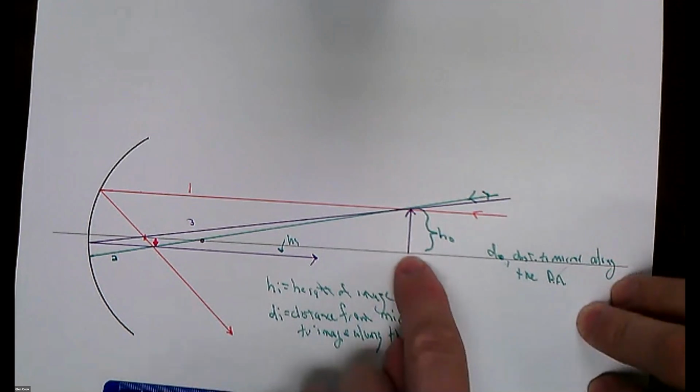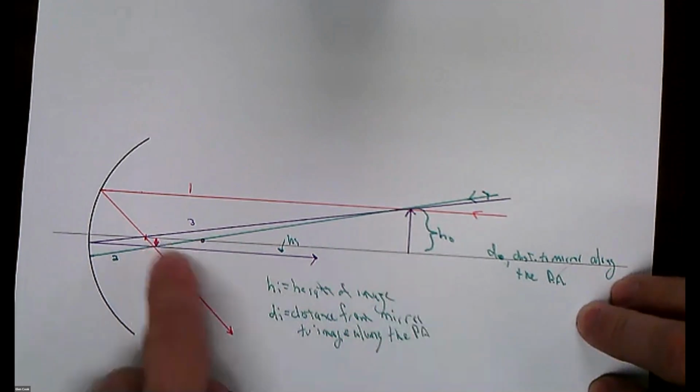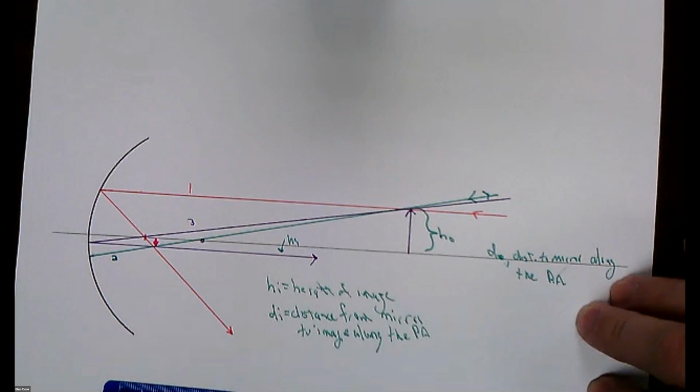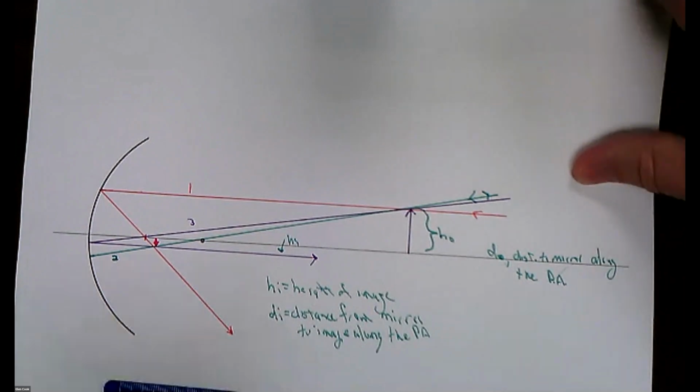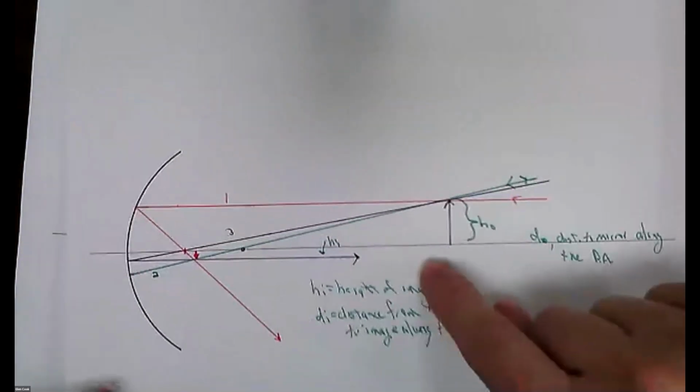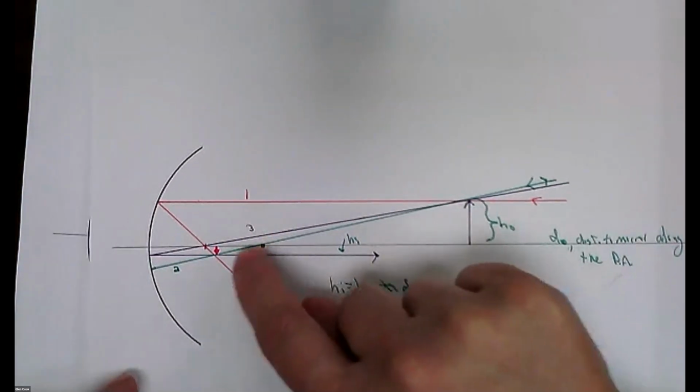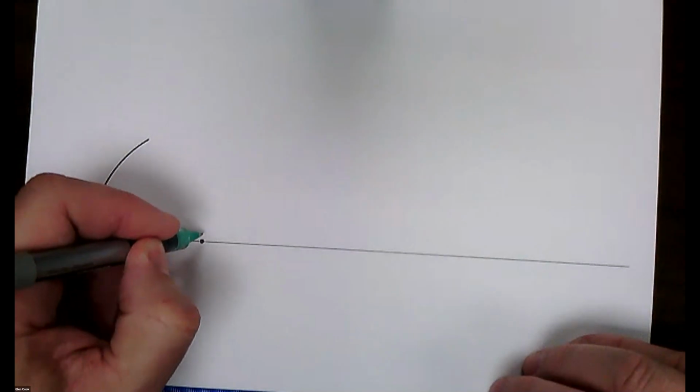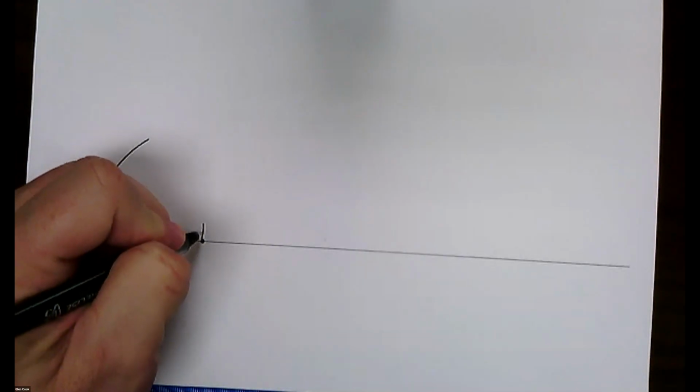So if I move the object, what happens to the location of the image? So let's take a picture of that. So this one, we can see the object was actually kind of far away from the mirror. And so now I'm going to actually move it in. Let's put it actually right here. Let's do it in black so it can stand out better. A fixed object. So if I put the object right here,